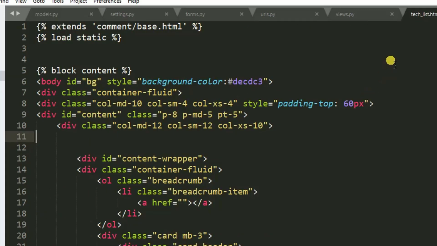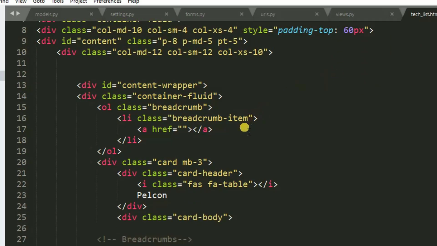So base.html is extended by tech_list, right? So this is for loading static files. Block content is the content of tech_list. So here I can say list of students. Here I can say Pelcon system,